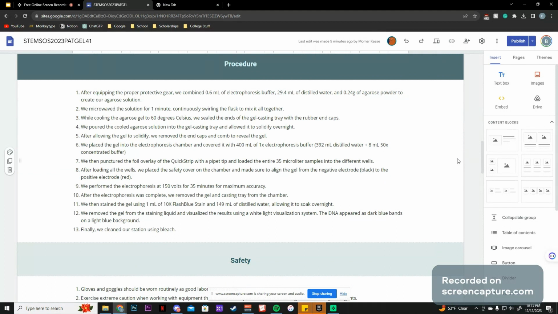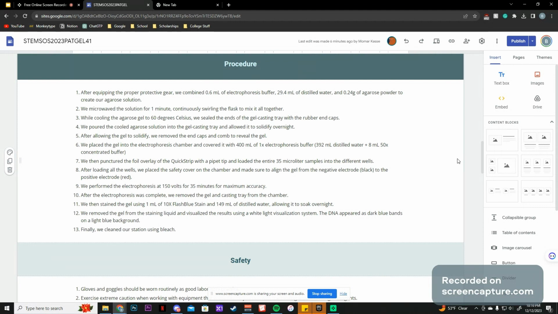In our procedure, after we equip the proper protective gear, we combine 0.6 milliliters of electrophoresis buffer, 29.4 milliliters of distilled water, and 0.24 grams of agarose powder to create our agarose solution. Microwave the solution for a minute, continuously swirling the flask to mix our solution together. While cooling the agarose gel to 60 degrees Celsius, we sealed the ends of the gel casting tray with the rubber end caps. We then poured the cooled agarose solution into the gel casting tray and allowed it to solidify